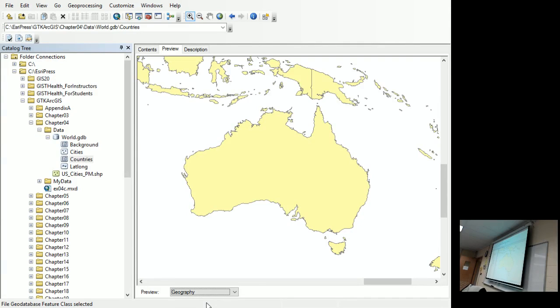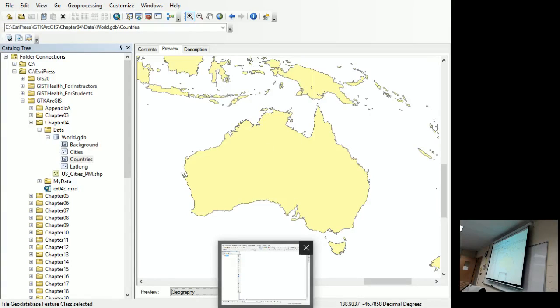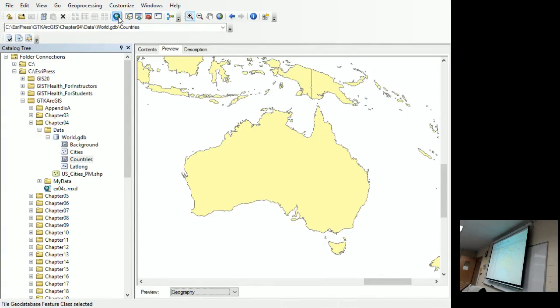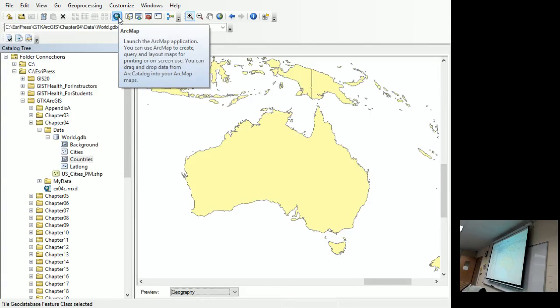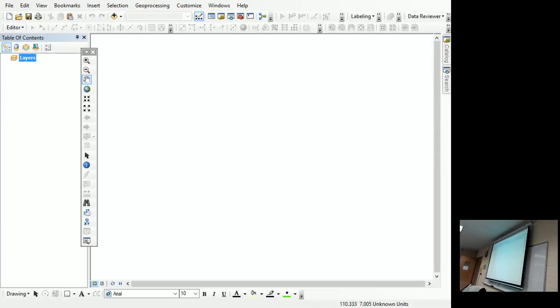If you have ArcCatalog open, there is a button that allows you to start ArcMap, or you can just start ArcMap if you leave it open. You click that button, and ArcMap will start up.